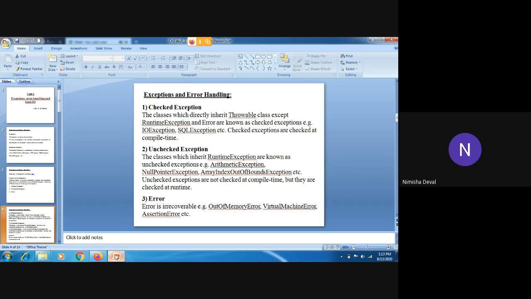Okay. So checked exceptions are nothing but the compile time exceptions and unchecked are nothing but the runtime exceptions and errors. We can recover all the exceptions by handling those exceptions with the help of a